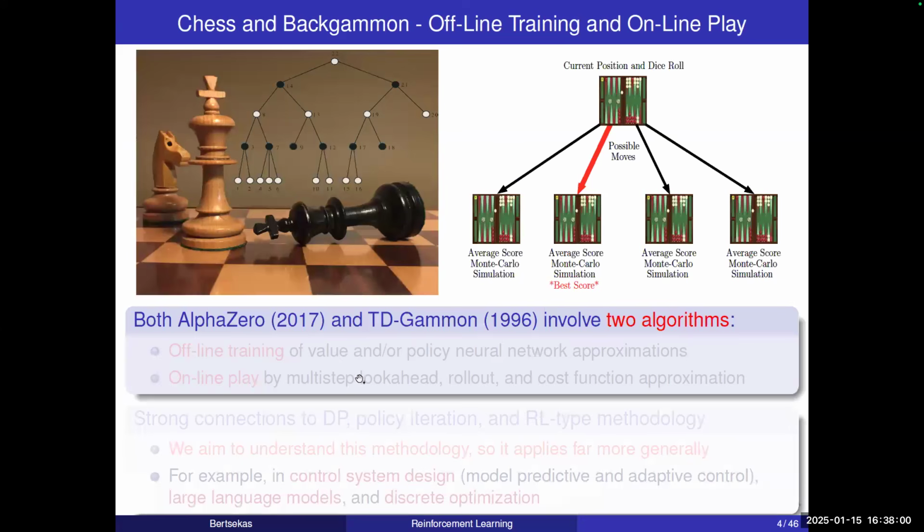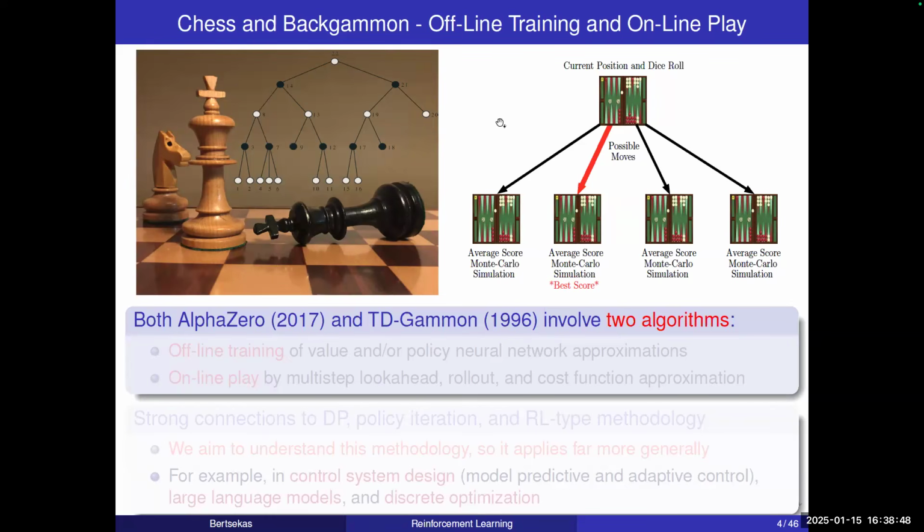So let me go to AlphaZero and also another program, TD-Gammon, which came out 25 years or so before AlphaZero. AlphaZero created a lot of interest in 2017 when it came out because its play was so innovative and also so strong. It beat out all human competition, of course, and also all computer competition by far. And it played original chess, which created a lot of interest, and there was a lot of publicity,